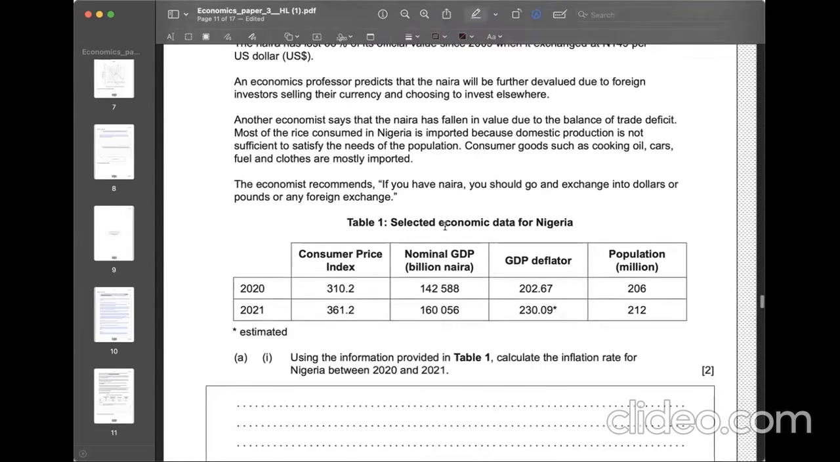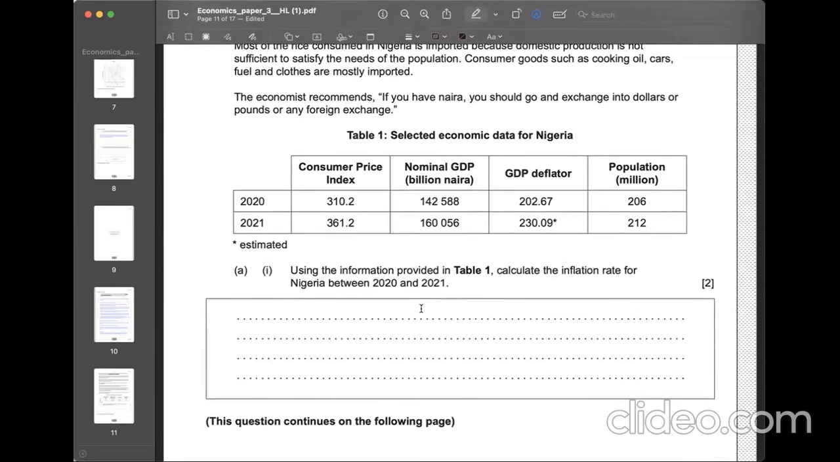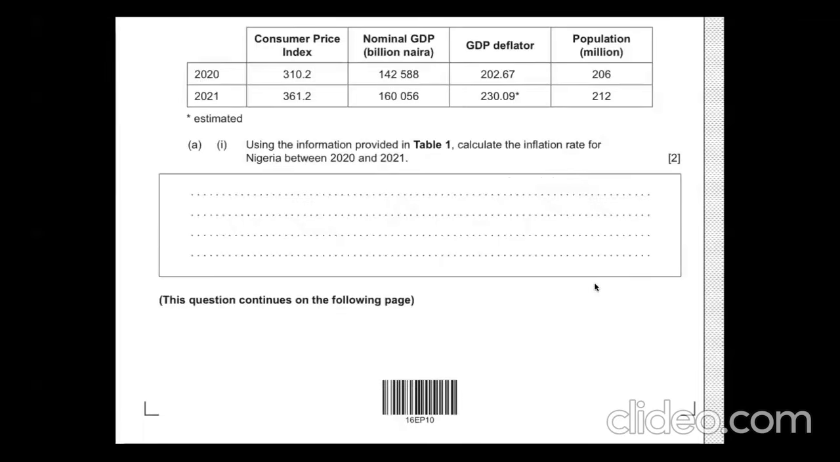And in Table 1, consumer price index data is given. Okay. The country is experiencing inflation, 310, 361. Nominal GDP is increasing. Why? It's because of inflation, not because the country is getting richer. GDP deflator is increasing because of the inflation, population is increasing, which is the good news. All right, so A1: using the information provided in Table 1,